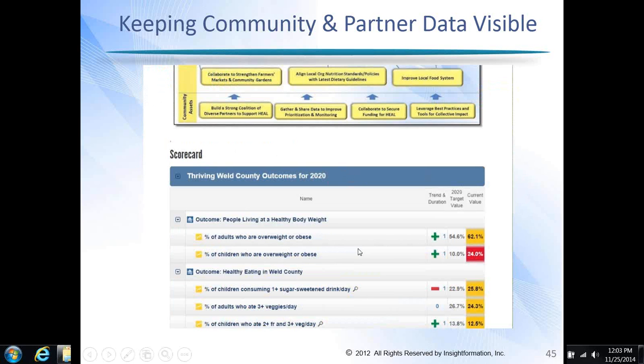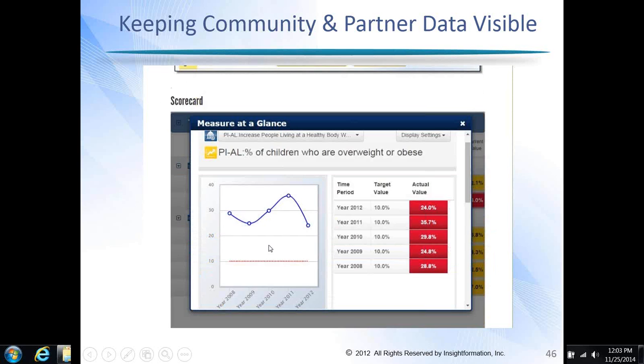And if we scroll down, we have interactive measures that people can see. They can see the status, they can click on them and see the trend, they can see the data, they can drill out to other data sources and download data. So it really has people saying this is a community measurement system.